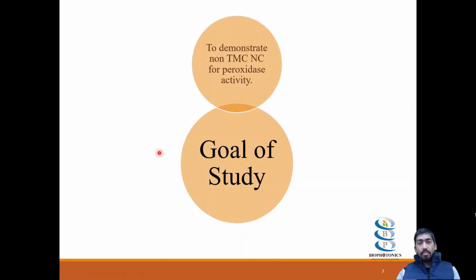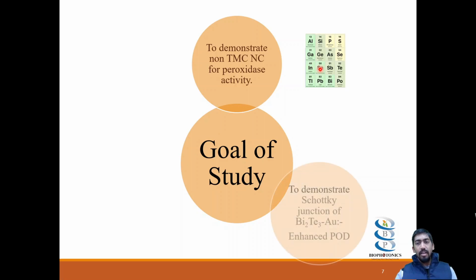So the goal of my study is to demonstrate that the non-transition metal chalcogenides can also be used for the peroxidase activity. So non-transition chalcogenides are majorly bismuth telluride, bismuth selenide, and bismuth sulfide. And there are other non-transition chalcogenides also available. However, in my study, I use bismuth telluride to show that these non-transition chalcogenides can be used for the peroxidase